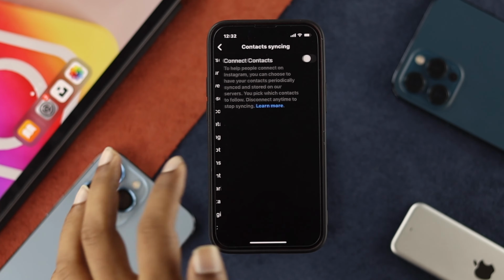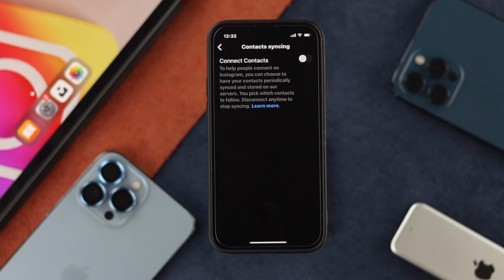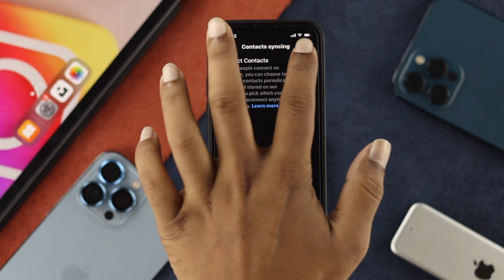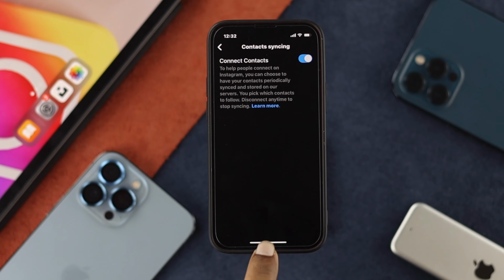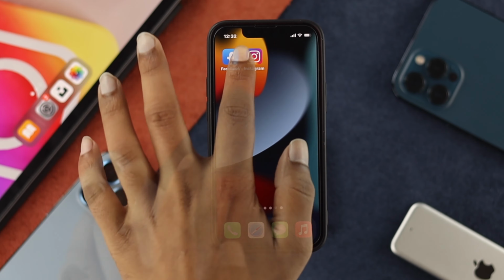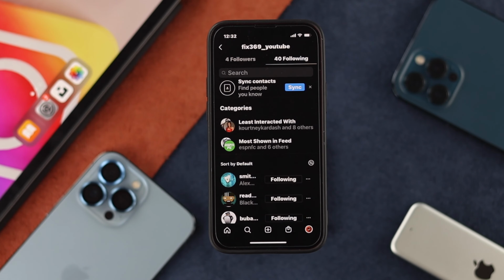Let's go ahead and tap in there and make sure to enable these features in order to upload your contacts to your Instagram. Just go ahead and enable that from here, and now just get out of here. Right after that, open up your Instagram to see whether your contact is being synced or not. Well, even after that, if you still get the same problem on your iPhone or Android, then the next thing we're going to do is